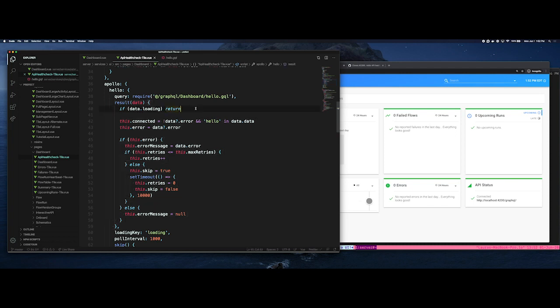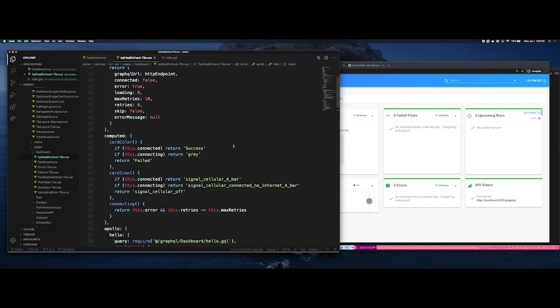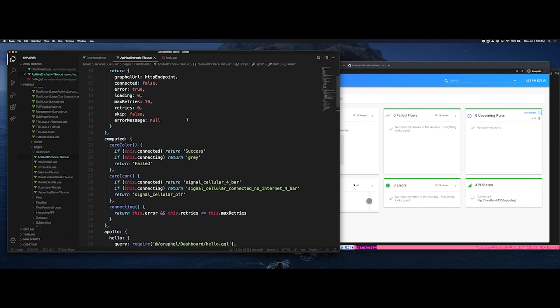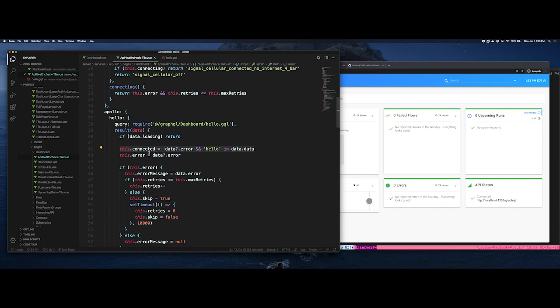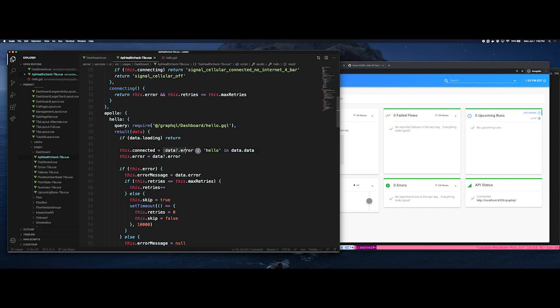So the next lines we say this.connected, which is how we reference something in the component scope. In this case, one of the reactive properties that we declared earlier. So if this.connected equals, this is where the syntax is kind of funny for people who are not familiar with JavaScript. So let's break it down. The exclamation point says the falsy value of this, so the opposite of this: the falsy value of data